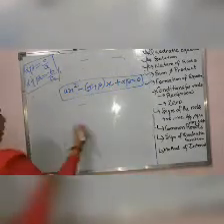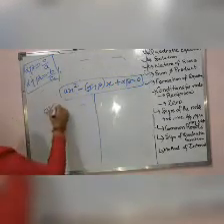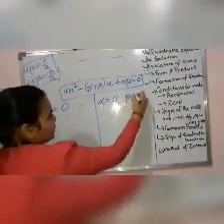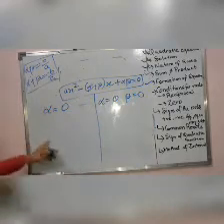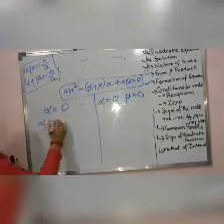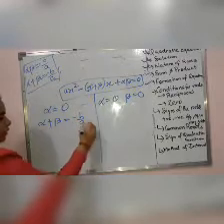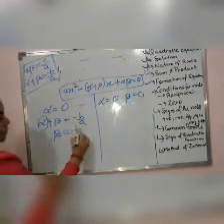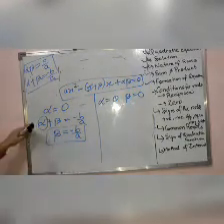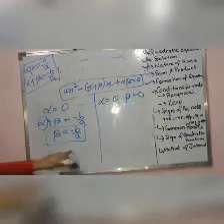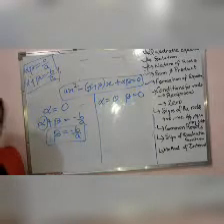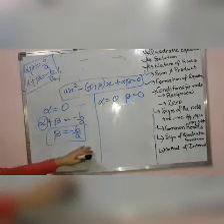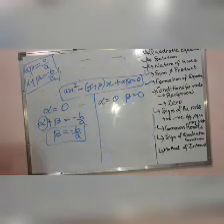Now see, we will see here. First of all, let us consider alpha is equal to 0, and in the other condition let alpha is equal to 0 and also beta is equal to 0. Now when alpha is equal to 0, alpha plus beta is equal to minus b upon a, and we know this is equal to 0. That means beta entirely is going to be equal to minus b upon a. That means if one root alpha is 0, then the other root will be equal to minus b upon a. Minus b upon a will be provided with the equation, and from there you can put the values of b and a, and then you can get the second root, right?